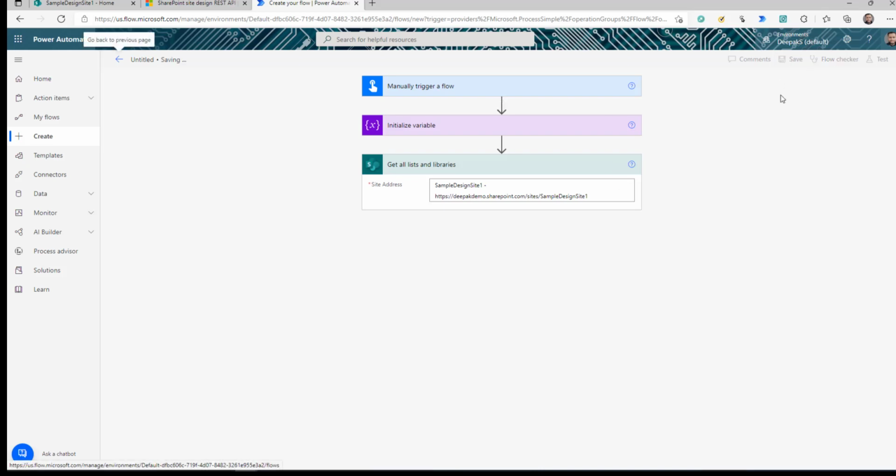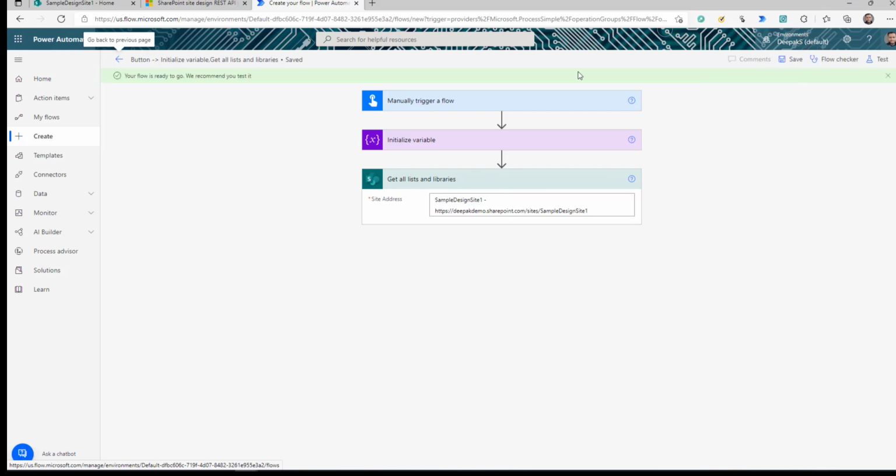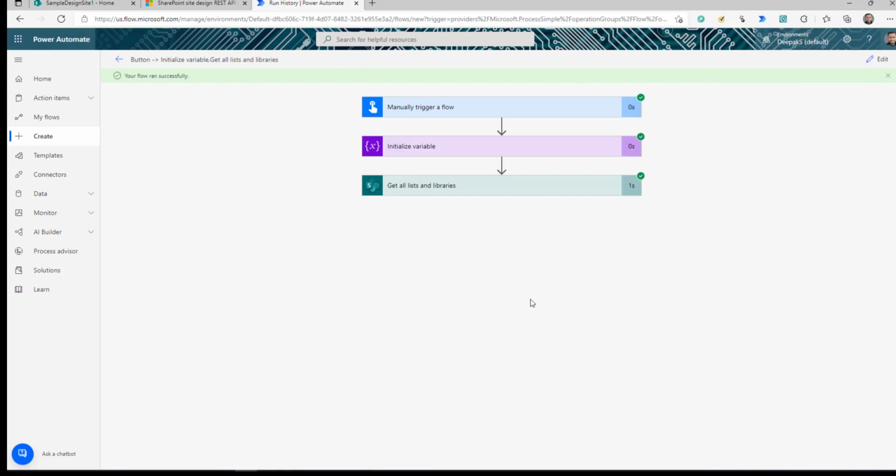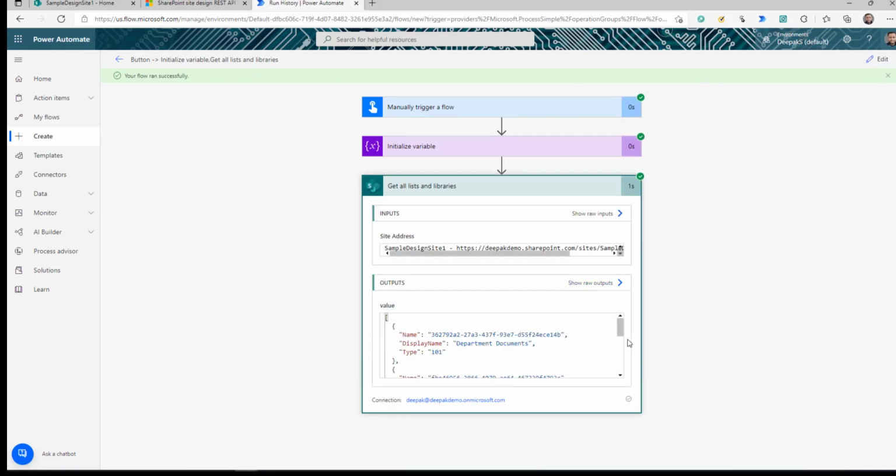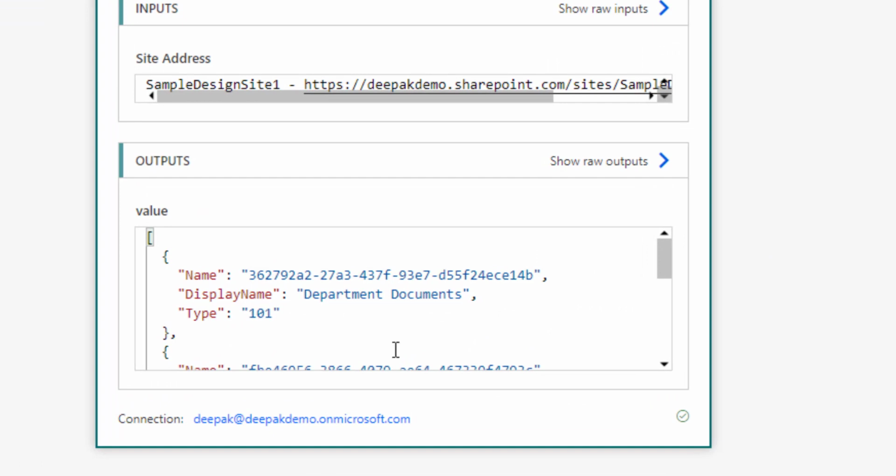I'm going to save and run it to show you how the response looks, and then how we're going to extract that information to use it in our API call. Okay, done. So the flow got completed successfully. And if I look at the response that I got,